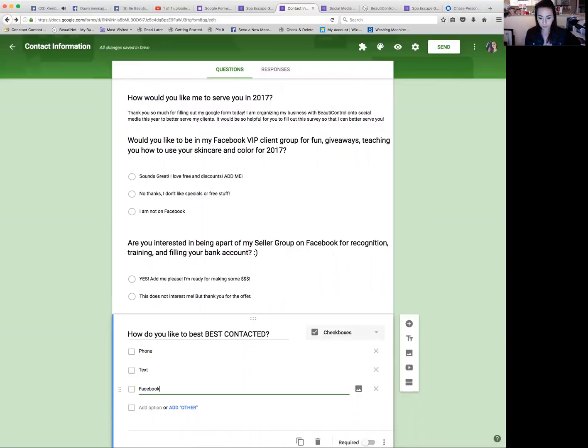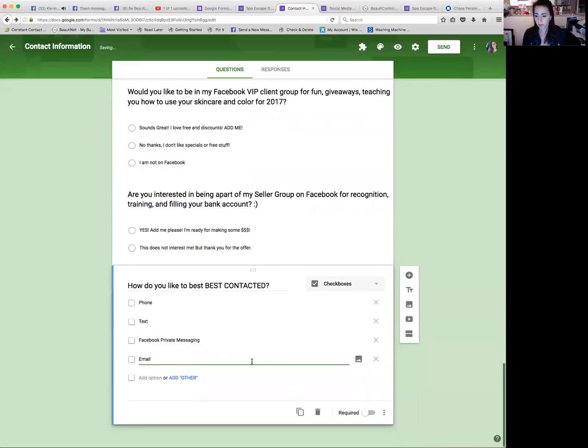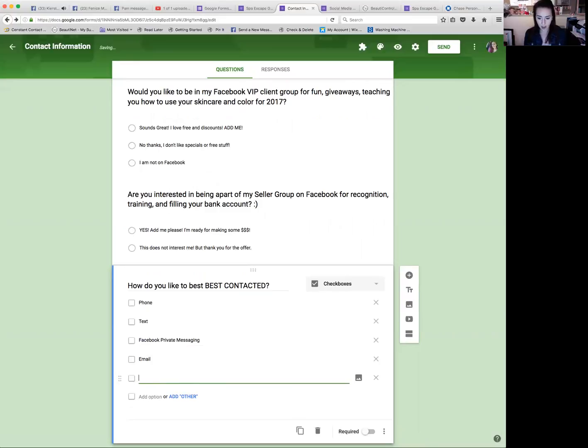Facebook, private messaging. There's so many ways to contact people now. It's pretty crazy. So phone, text, Facebook, private messaging, email, that's another one. So they can select all of those. I'm going to leave it at that for now. And then maybe they can add some other way that I haven't thought of that they can contact you.